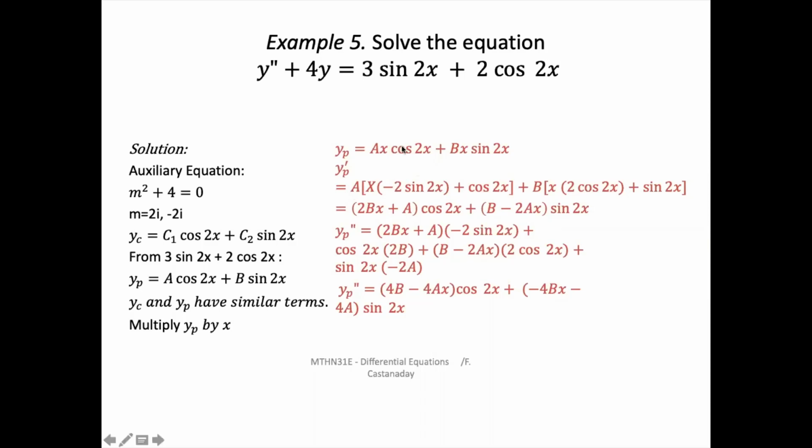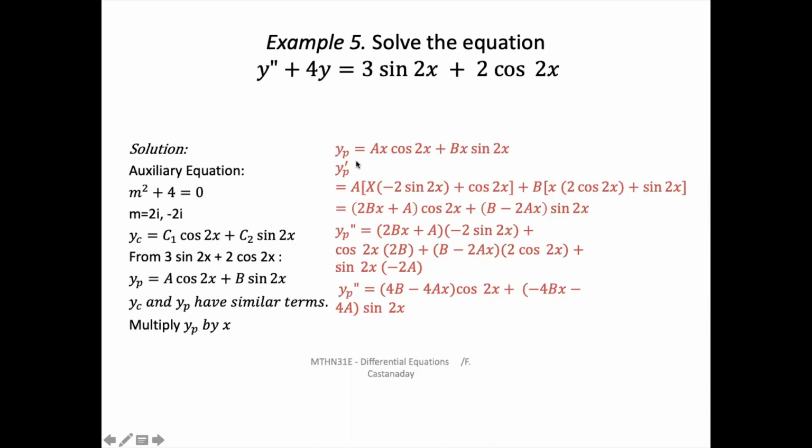is equal to, using the product rule, a bracket here: copy x, differentiate cosine, so the derivative of cosine is negative 2 sine of 2x, plus you copy cosine of 2x, differentiate x, and that is 1. For the second term, you have b. So you factor out b and then use the product rule. You copy x, differentiate sine 2x, you have 2 cosine of 2x. Then you copy sine 2x and differentiate x, you have 1. And then that is equal to,